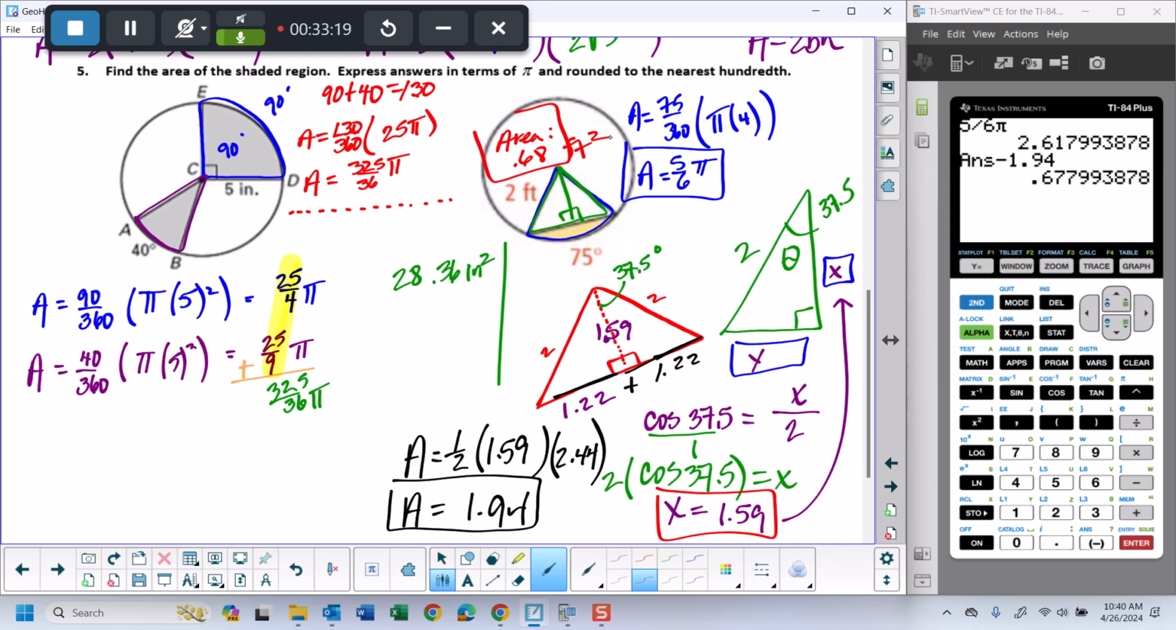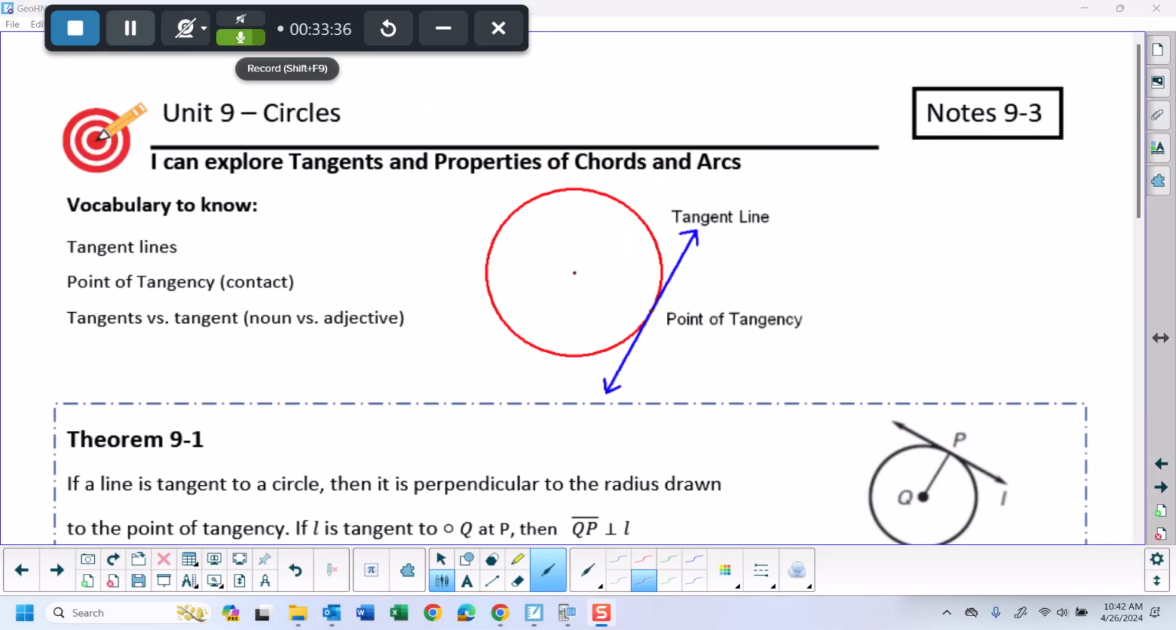Would you please for a moment process this warm-up? Talk to your group mates about what is sticky, what is tricky, what you need to work on. Marcus, say go. Alright, okay, so we're going to shift gears and talk about some pretty cool properties with circles